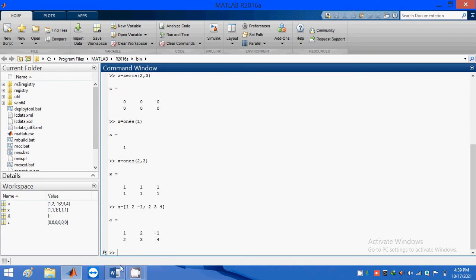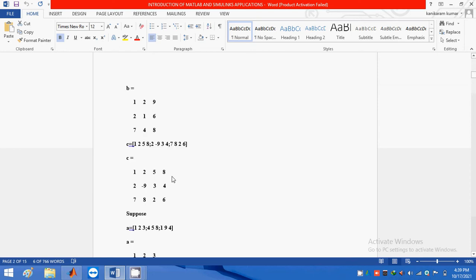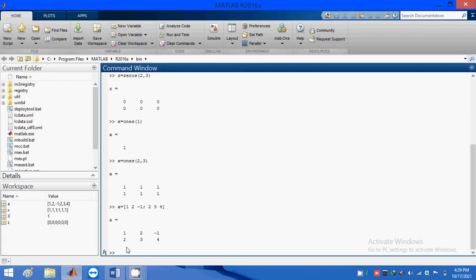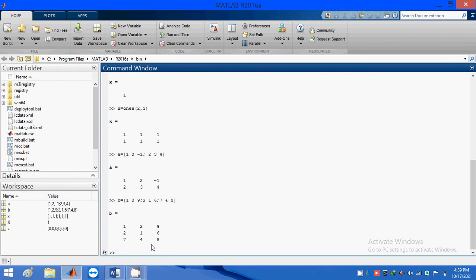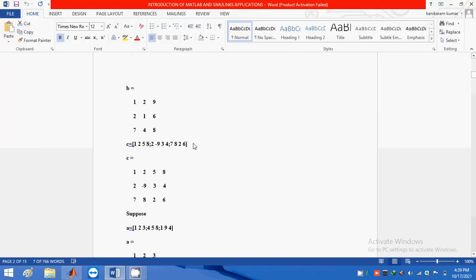This is the 2 into 3 matrix, and then the 3 into 3 matrix, and next the 3 into 4 matrix.